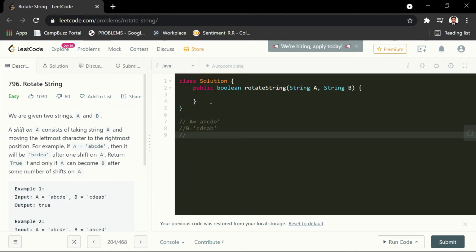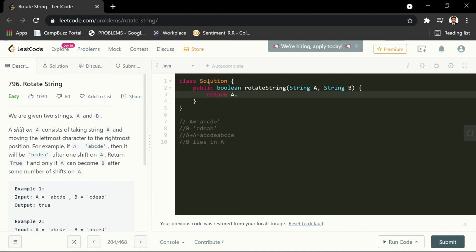So if I do A plus A, what it gives me is A B C D E, and again A B C D E. So this entire string contains all the possible permutations of A B C D and E. So if my string B lies in it, then the answer is done.